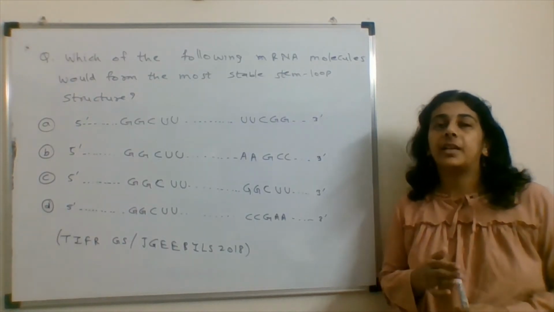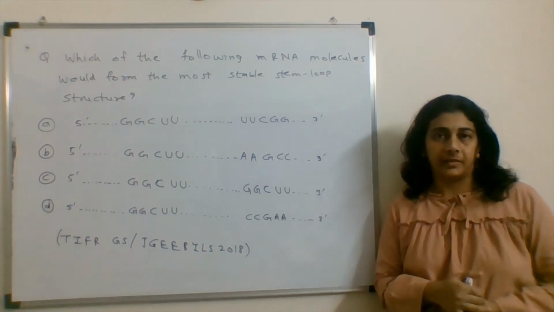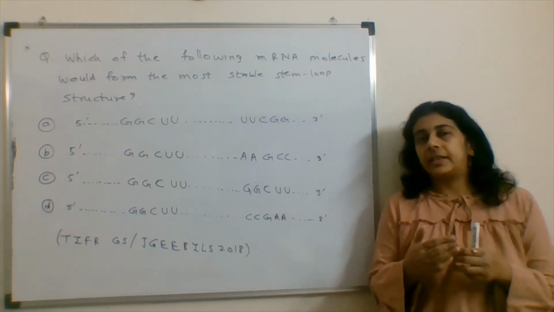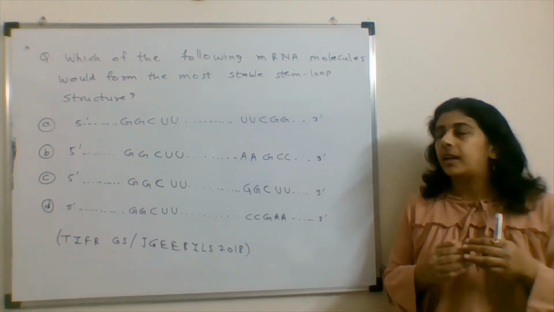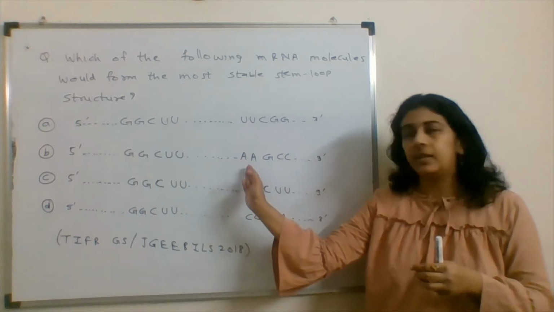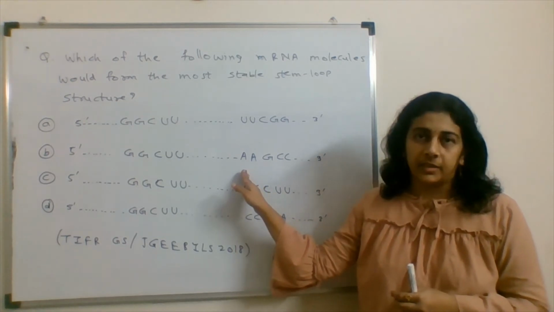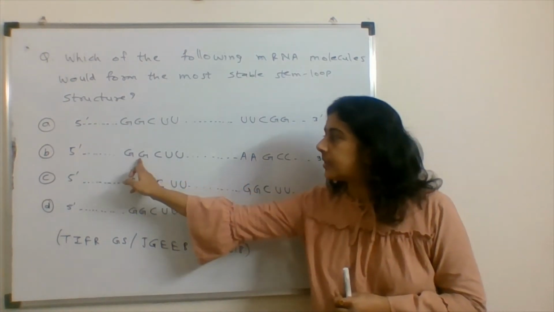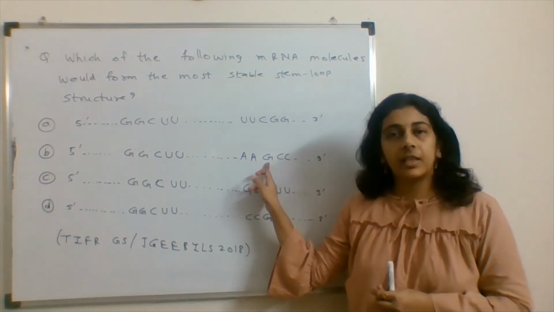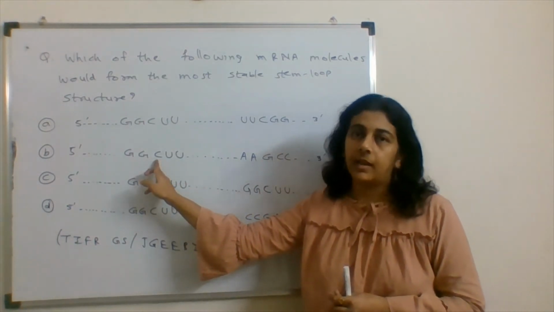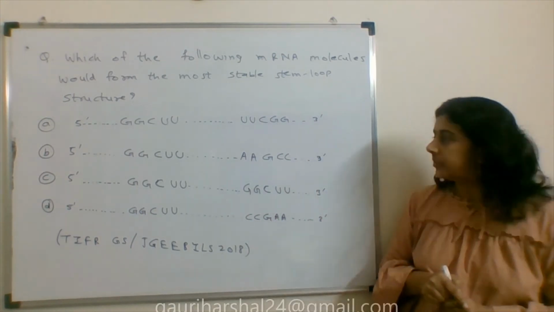Stem loop structures in mRNA are GC rich regions that are followed with a uracil. And when we say complementarity, the G combines with a C and U combines with an A when there is a RNA. So when we look at option B, you can come to know that these two G can have a binding with these two C. This middle G will bind to C here and these two U can combine with A. And hence the stem loop structure can be formed.